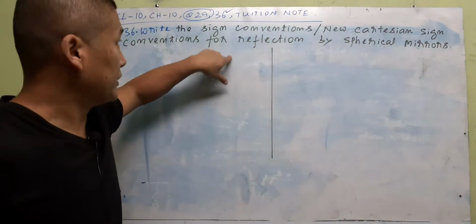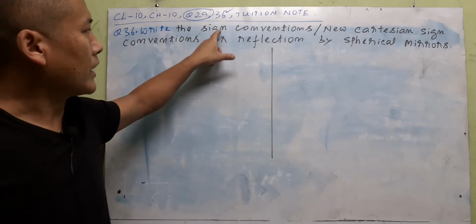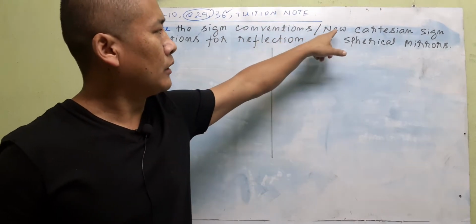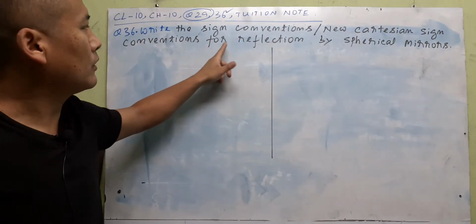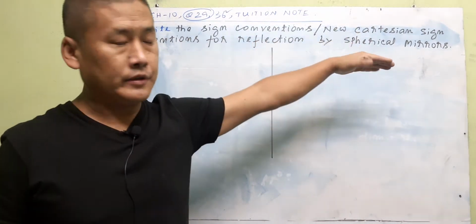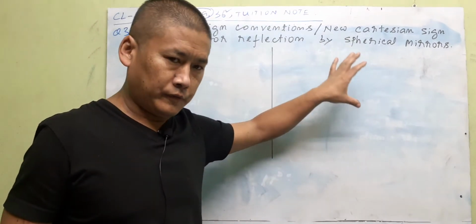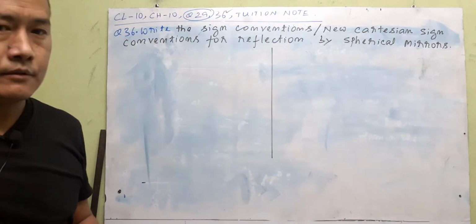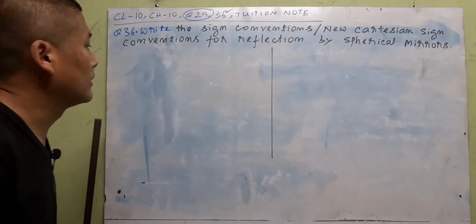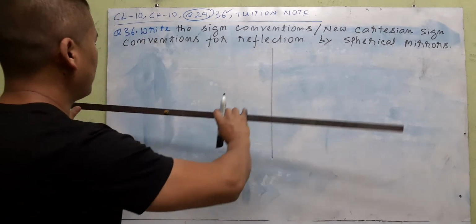Okay, so in this class we'll do question number 36 on your tuition note, which is simply the sign conventions, also called the new Cartesian sign conventions for reflection by spherical mirrors. Now this is absolutely important to understand if we are going to do the numericals with ease without difficulty. So let us draw a margin like this, left, right on your notebook, about half a page maybe, and